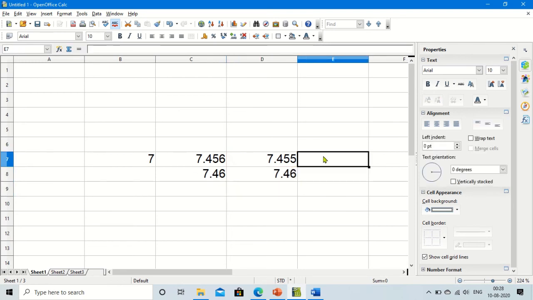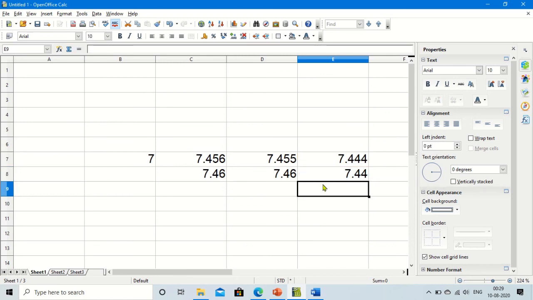But suppose you have a number 7.444, and if I go for the rounding off, then the answer will be 7.44. As I told, you have already seen the logic behind that in mathematics. You know better than me because you are a student of mathematics.